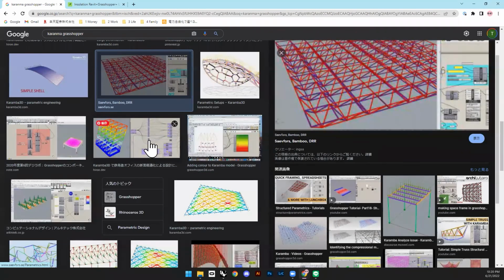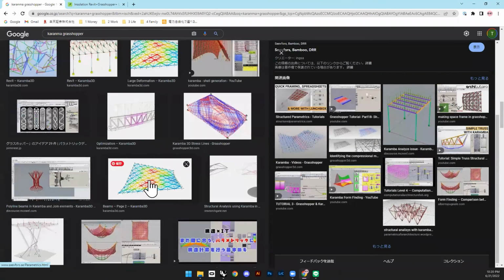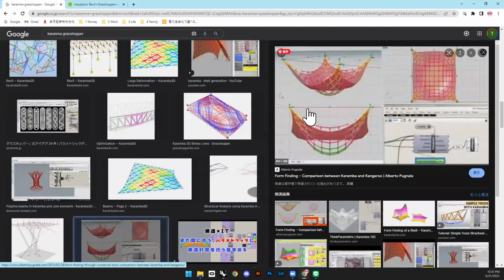Actually, in my company, Azusa Sekkei, there are many structural engineers using Grasshopper to do this kind of study. And a designer like me also uses Grasshopper to study detailed proportions and